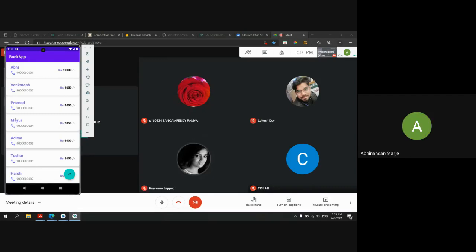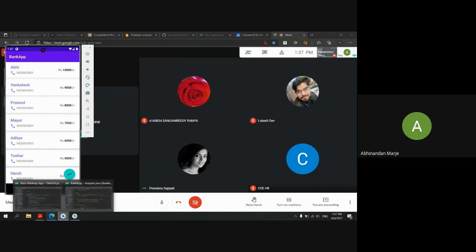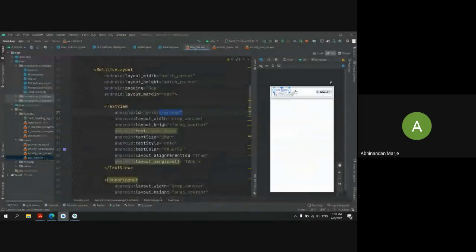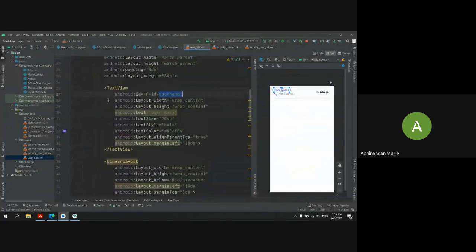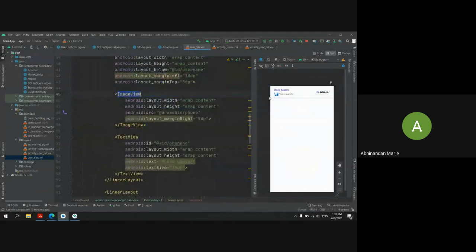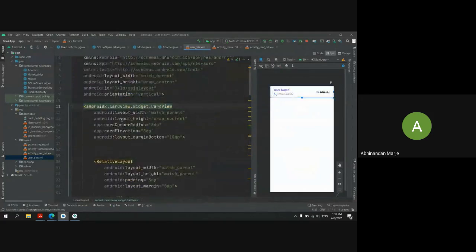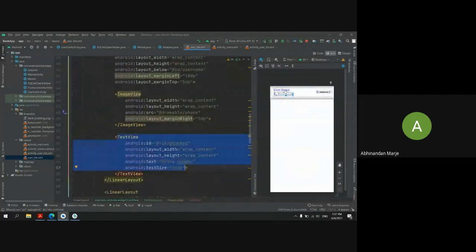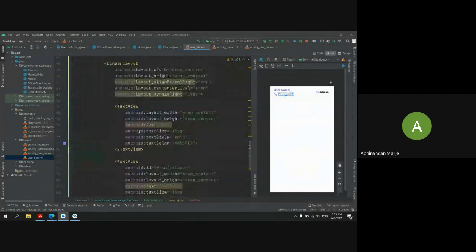Sir, can you show the user file layout file once? It is a simple XML layout. You don't need to create anything. You can just mention three text views here, as you can see I'm just using the text views, one image view for this phone icon, and then again a text view here. Just mention three text views where we'll be setting the text in your adapter.